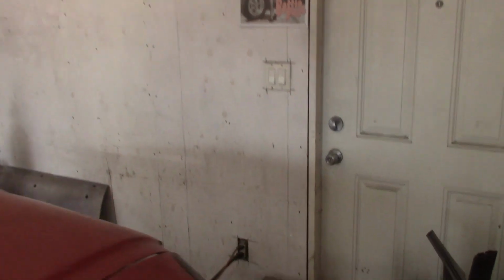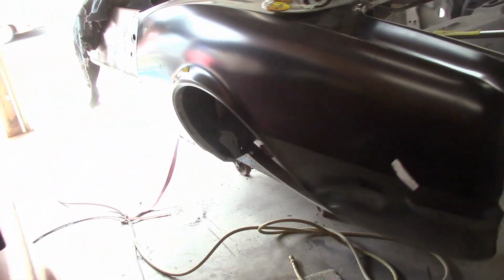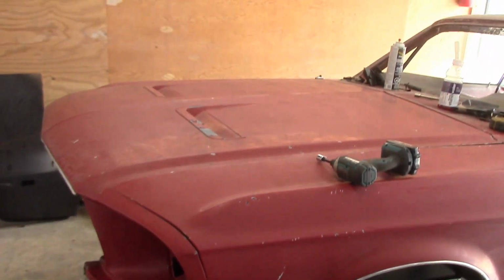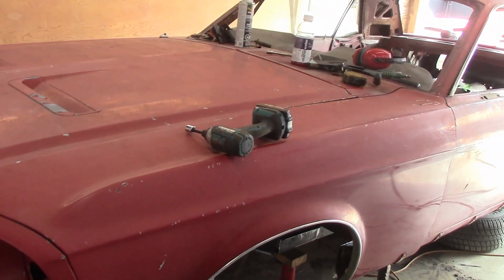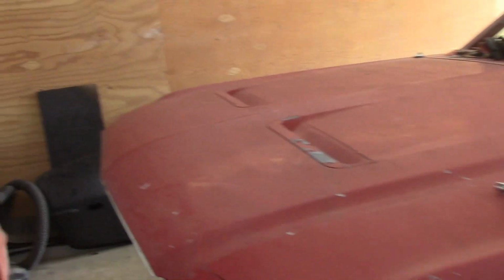Okay, I'm going to show you guys where we're at here today at the Mustang. Now, don't get super excited. I didn't get that far ahead where I started welding everything, or it's all welded up. This is what you do when you're welding on new front sheet metal. You never saw it when I did the passenger side, but